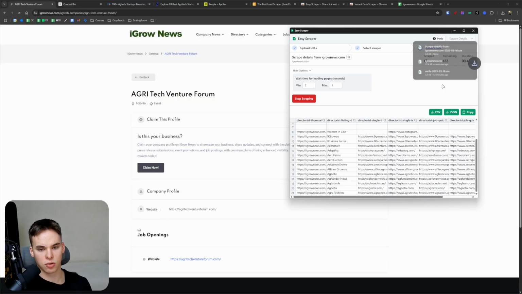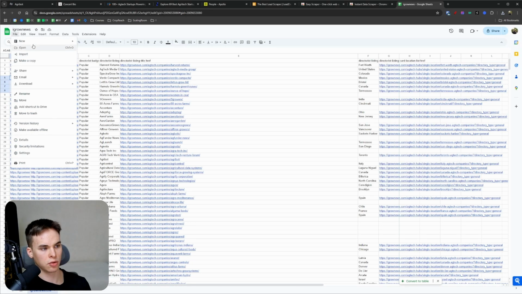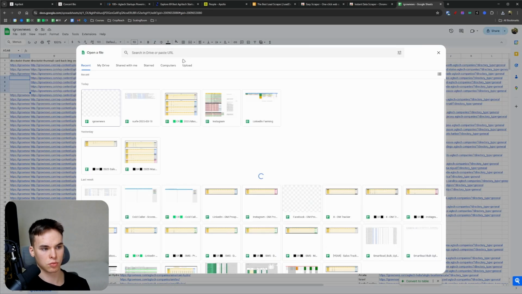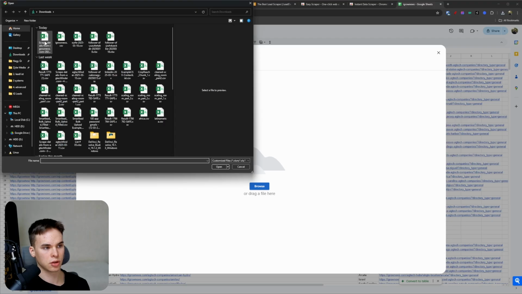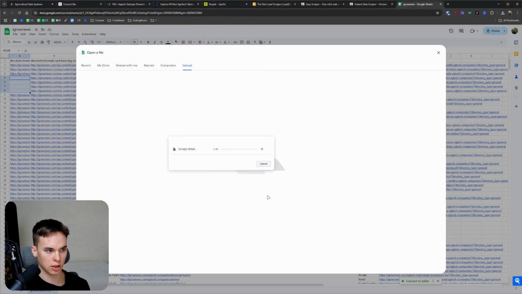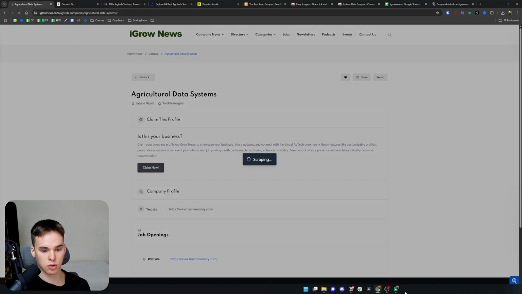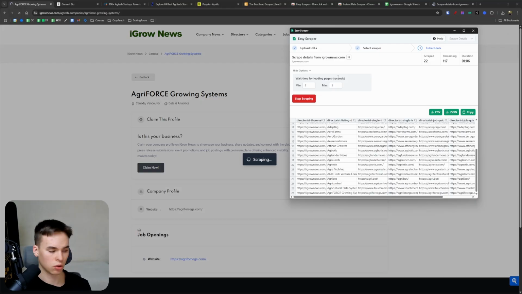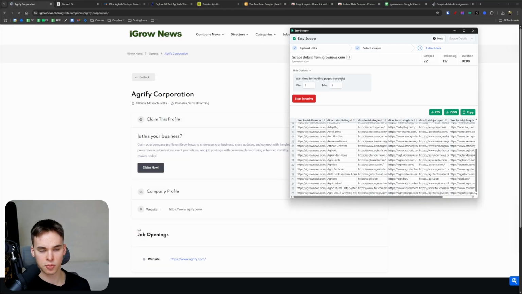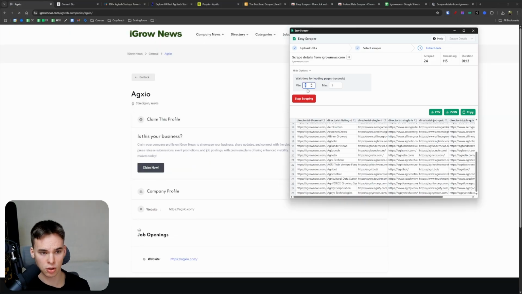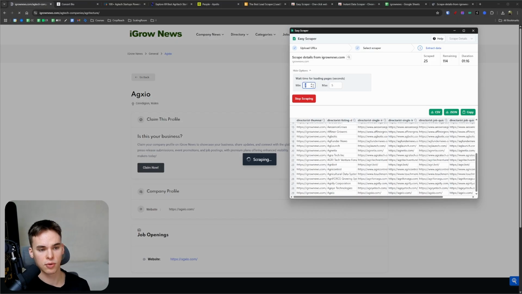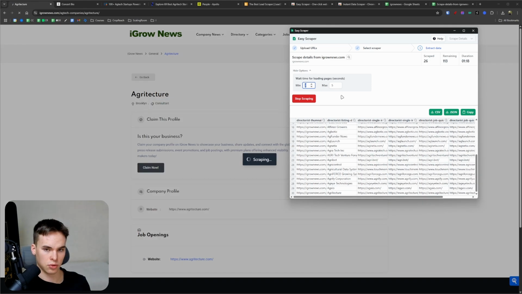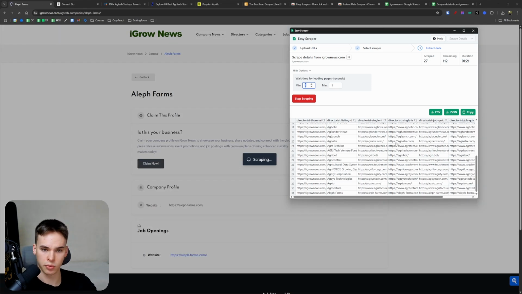I'm not going to obviously go through the whole thing, so I'm just going to show you again how you can use this. Just open up a random Google sheet and just input the scraped data that you have, let it obviously go through. And if you have any problems with scraping, just make sure you dial it down to a lower setting. You can plug your computer in at night if you have a laptop, or you just leave the PC on at night, just put it to sleep. It will do its job regardless. You don't need to have an active tab focused. I just put it at something like 5 to 25 seconds, and you're not going to have problems scraping